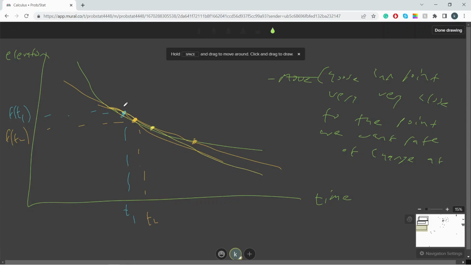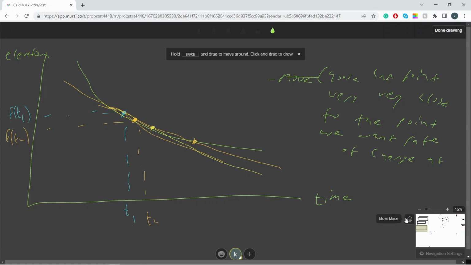Nobody has a rule like that. But we do know something, right? What we did discover is that when we move the second point closer and closer and closer to this blue point, we are approaching, keyword here, we are approaching an approximation for the rate of change in elevation at this blue point at T1. So because of the keyword approaching, you might be wondering,